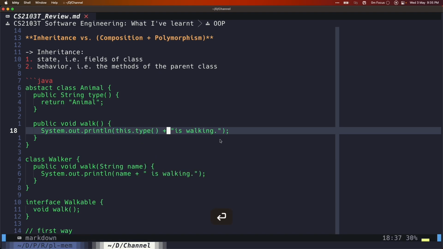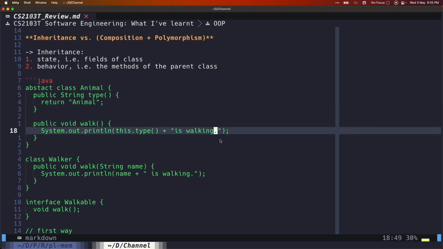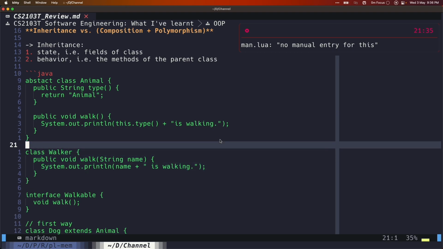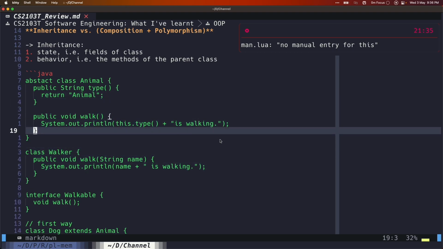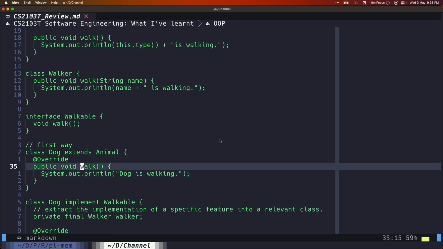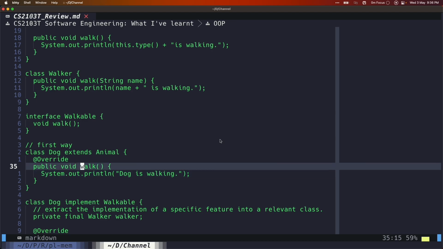Plus " is working". Regardless, we'll just keep using this, whatever. I kind of forget a bit about this. So basically, inside the child class now, instead of overriding work as in the first way, what we want to do is override the type.